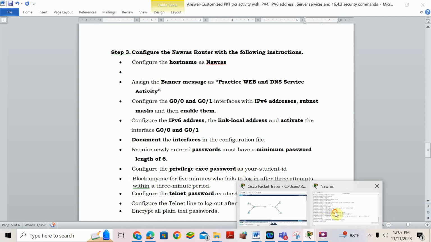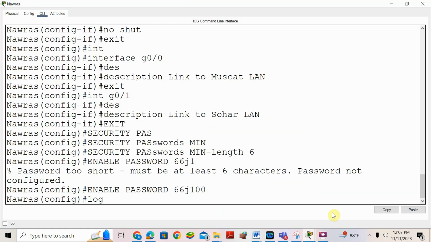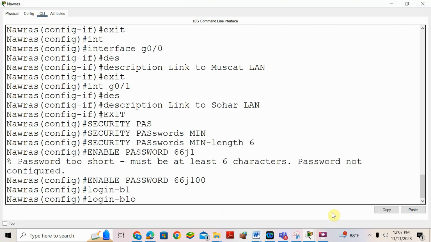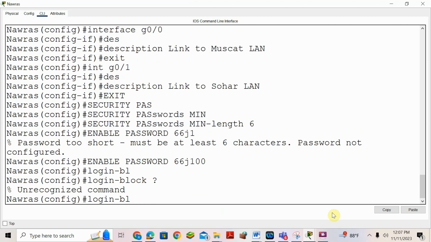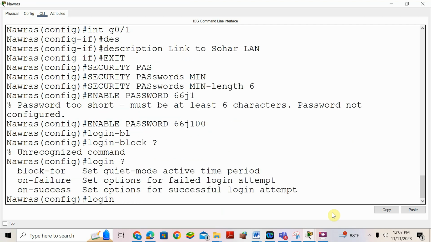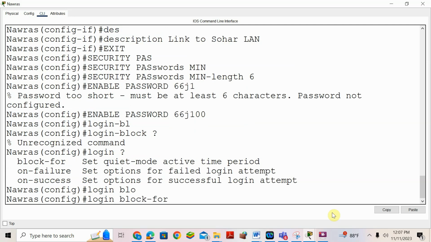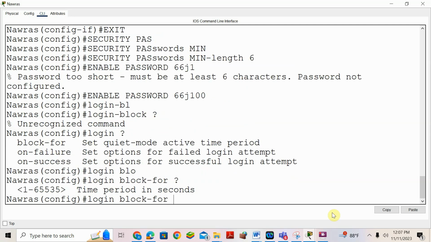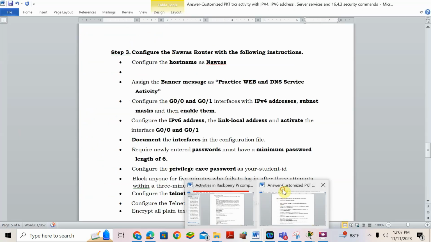Okay, let me check the command. Login block. Okay, login block for this one. Login space block, then put the question mark. Period in seconds. Okay, so what is written here is,